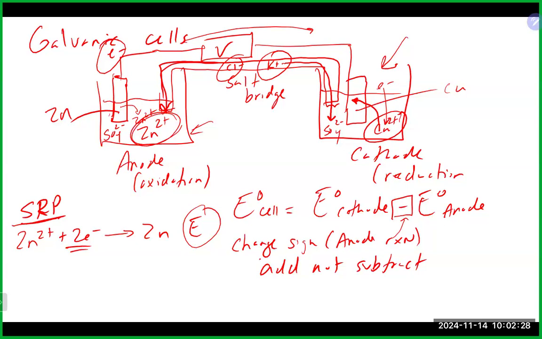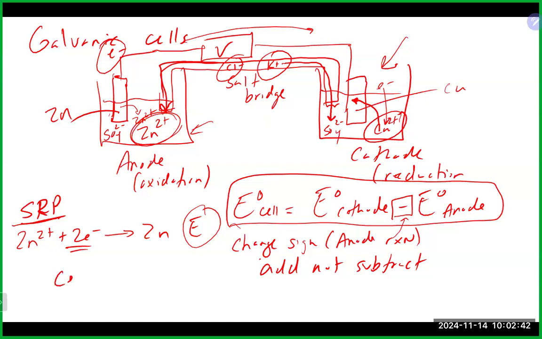If you are writing an equation, an SRP type reaction, you should have the proper E sign with it. But if you're just simply looking for what the cell voltage is, you can basically do that. We also saw cell diagram, which is sort of a shorthand